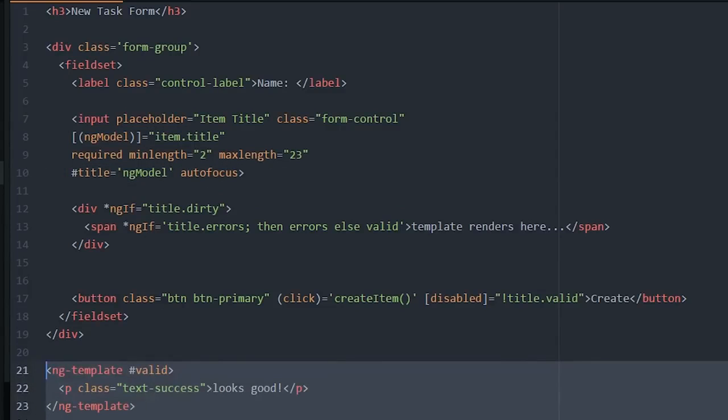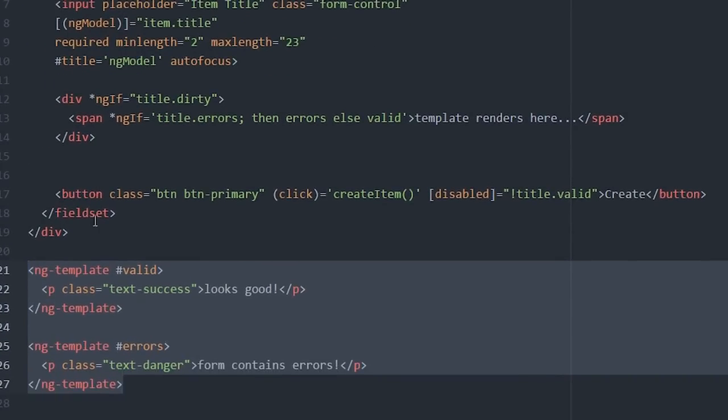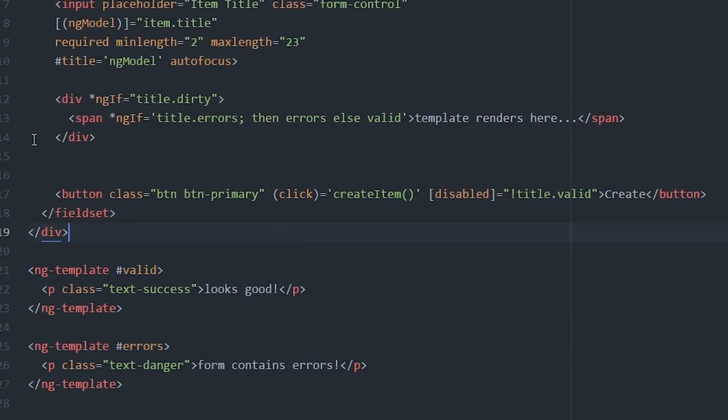We define 2 different templates named valid and errors. We can then display these templates conditionally based on the form state. The final step is to submit the form to create a new item. In this case, I just use the click event to trigger the create item